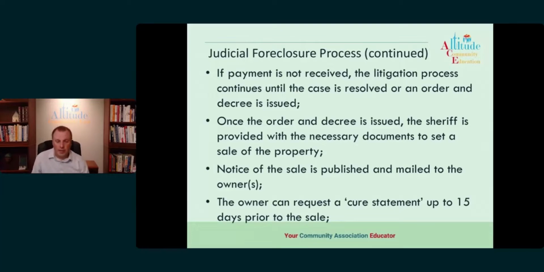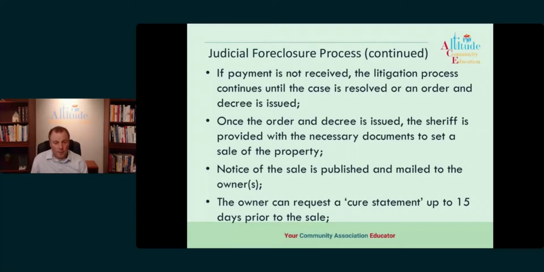The owner, during all this, has lots of chances to keep their property, even though if you read those news stories, it seems like they don't feel like there's anything they can do to keep their property. Not only do they have a chance to keep their property before it got to foreclosure, in terms of paying off the delinquency when they received the 4 notices that you sent originally, when the attorney sent the initial demand letter, when the attorney got a county court order against them in the collections case, and then the board decided to move to foreclosure. And all this time, they're still getting all of these statements, and at any time they could cure and pay off what is owed. There really is no surprise in foreclosure. There's no reason someone should be surprised.